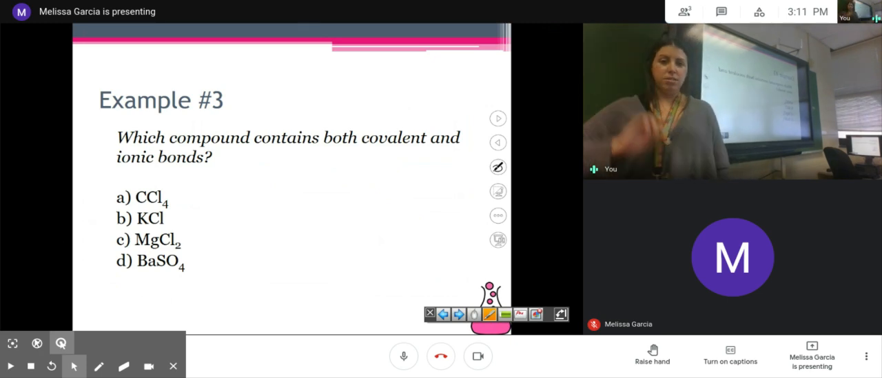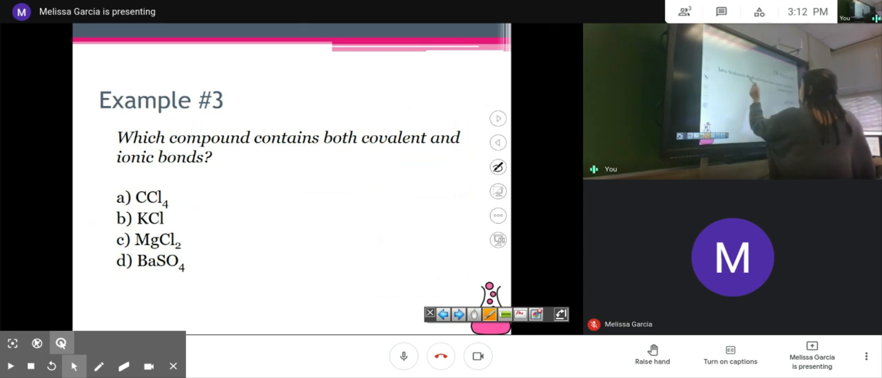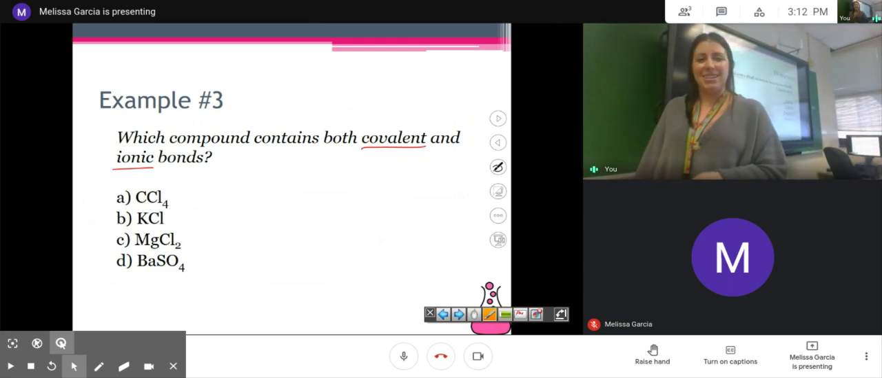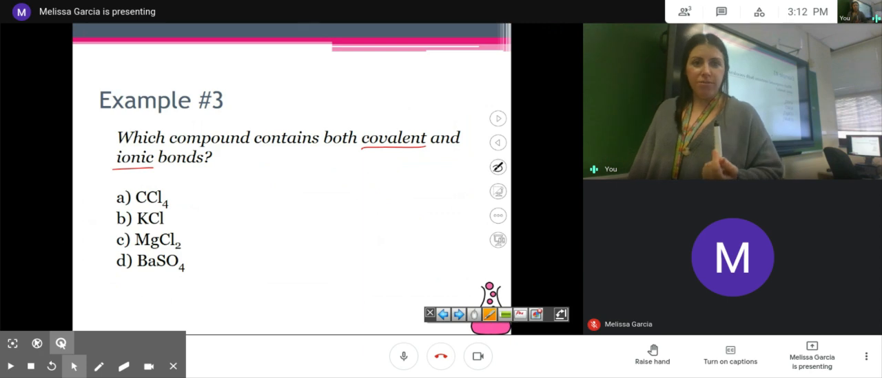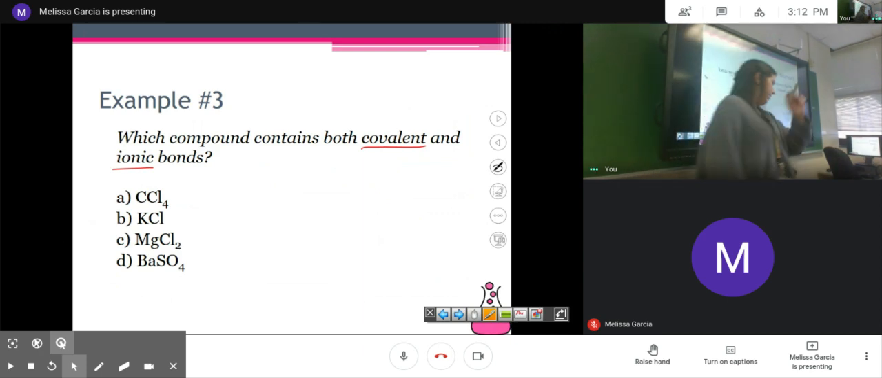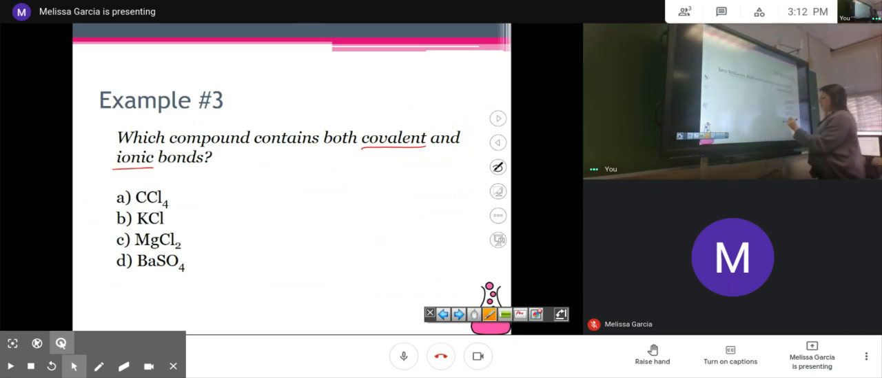Okay, and if we look here, the question is asking us which has both covalent and ionic bonds. And when we see that, we should automatically think, okay, there's a polyatomic ion in this compound. So I'm usually looking for a compound that has more than two elements in it. If I look at all of my choices, I see BaSO4. That's got this sulfate ion in it. So that's my